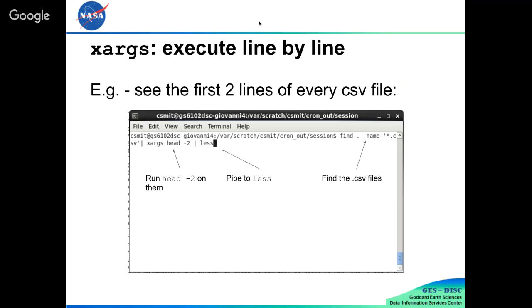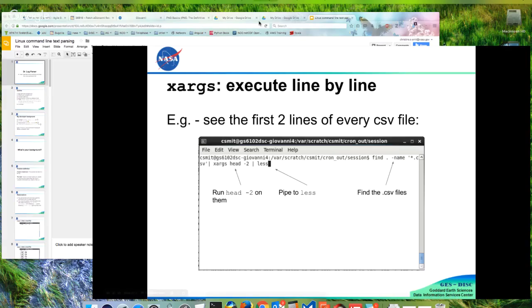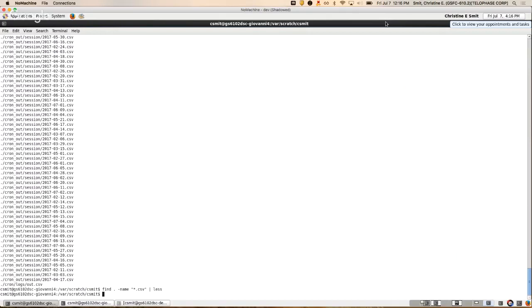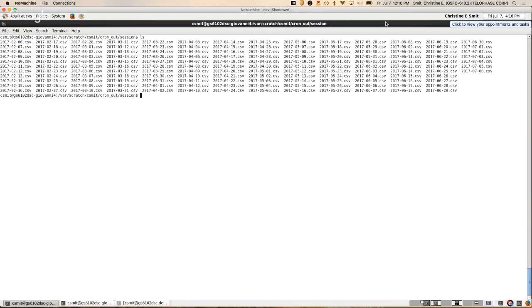Xargs, okay. Xargs is basically something that allows you to do a for each. So let me see, where am I? Okay, so here I have a bunch of files. Let's suppose that what I want to do is look at the first 2 lines of every CSV file here. Now they're all CSV, but for the sake of argument, imagine that they aren't all CSV.